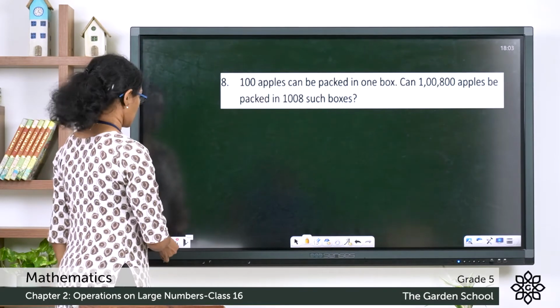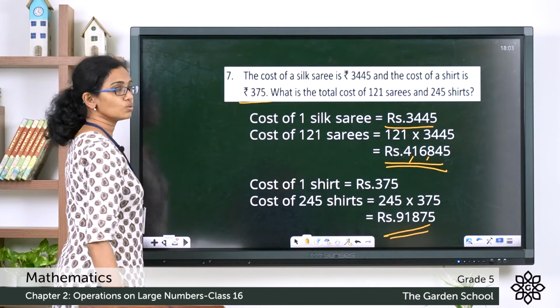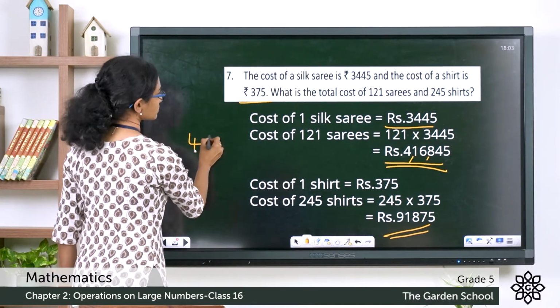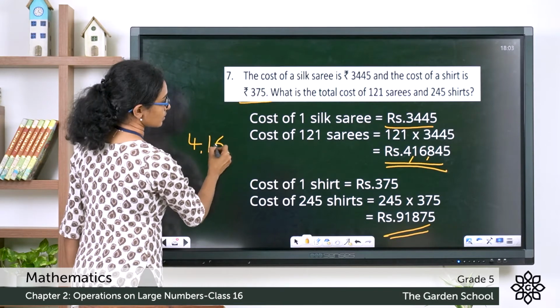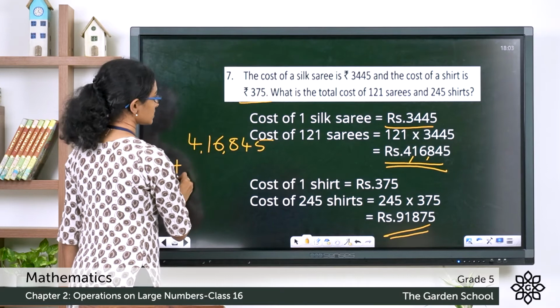Now we are asked to find out the total cost of the sarees and the shirts together. So how do we find that? We have to add up these two products. Let's add these two products. So that is 4,16,845 plus